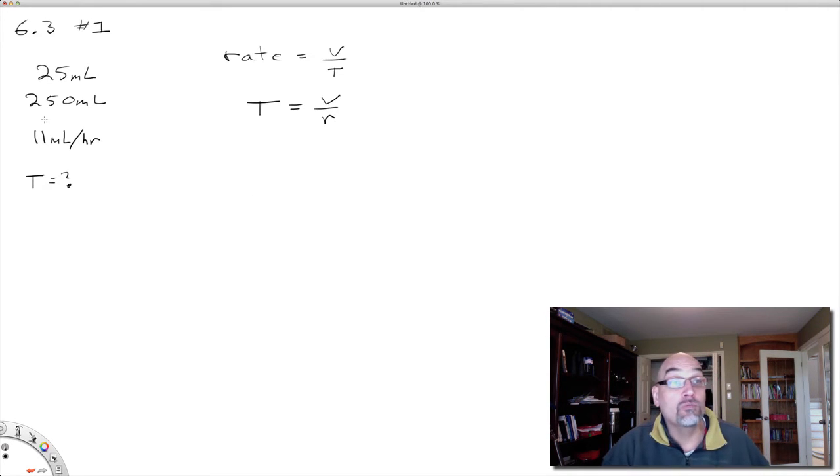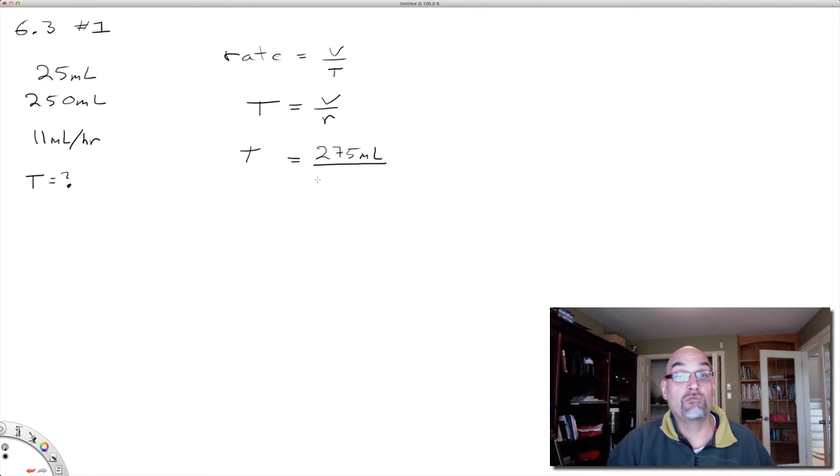Now my volume, I have 25 milliliters of medication plus 250 milliliters of D5W, so I have a volume of 275 milliliters. So time is equal to 275 milliliters divided by my flow rate, which is 11